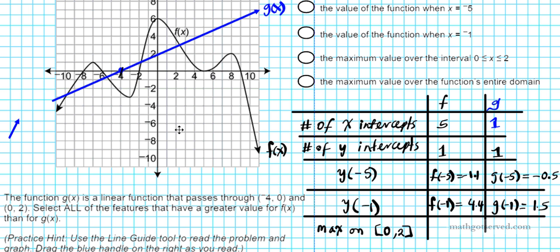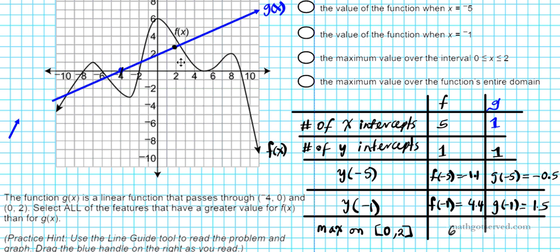So from 0 to 2, all we are focusing our energy on is this interval right here. From 0 to 2, we can see that f of x is decreasing from 6 all the way down to 3.5. G of x is increasing all the way up. All right, so what are the maximum values? The maximum value for f is actually the starting point, 6. So the maximum for f is 6. For g, it is increasing, so the maximum for g is actually at the end of the interval, somewhere around 2.9, or almost 3,